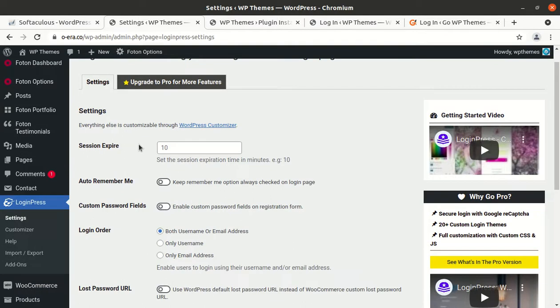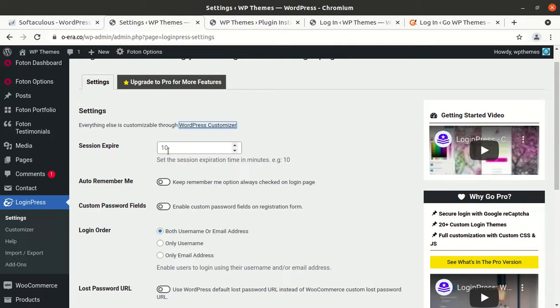We have multiple settings on this screen, and we have to put in these values as we require. Let us see them one by one. This is session expire time.